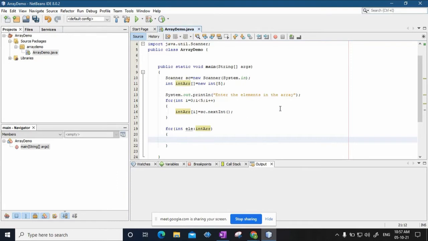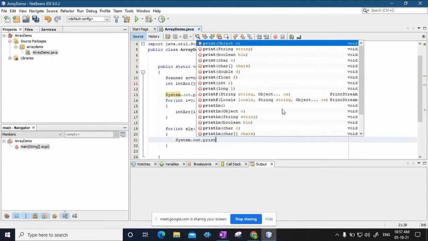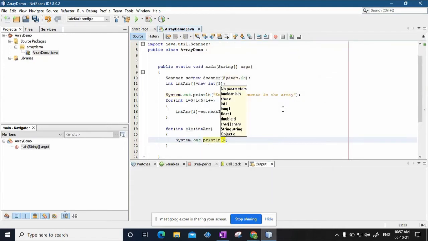So I'll do what? I'll simply print that ele. System.out.println, I'll just say ele. Or I will just say system.out.print.